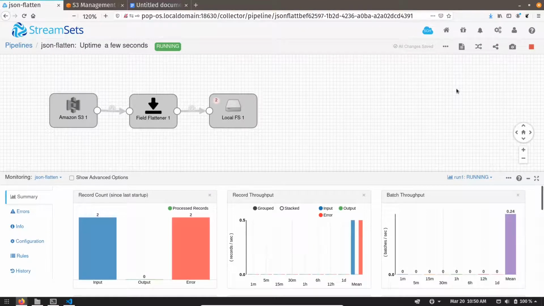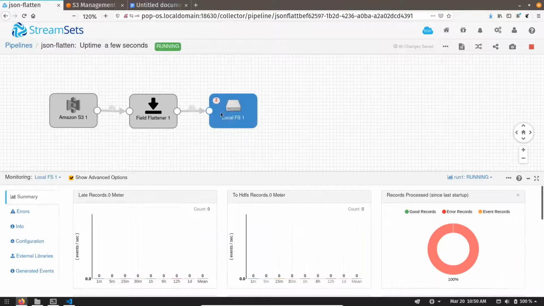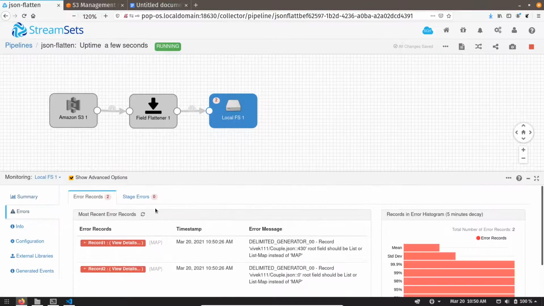You can see it is giving us an error. And what is the error? It is saying the record root field should be list or list map instead of map. What is happening is that the field flattener is generating the root field as a map, but for Local FS to work, it needs a root field as a list or list map.